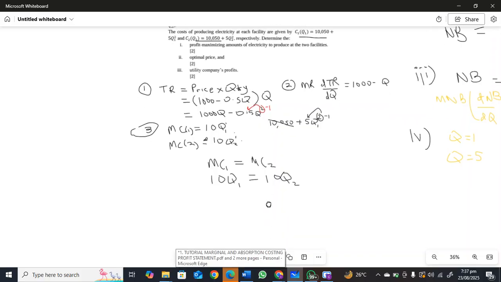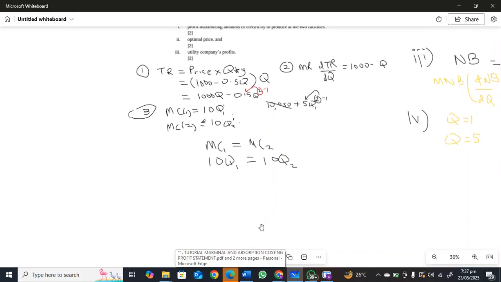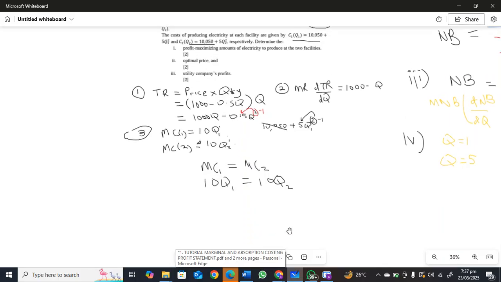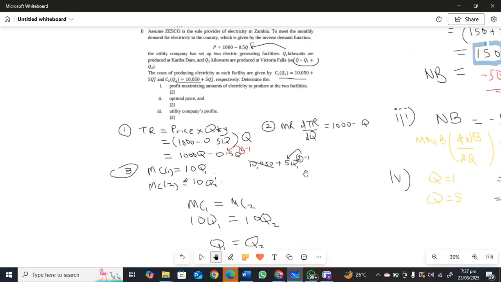If we divide both sides by 10, then eventually q1 equals q2. Okay, q1 equals q2. So the reason why we equated these two marginal costs is so that, if you remember